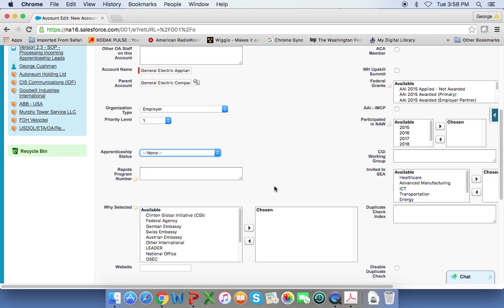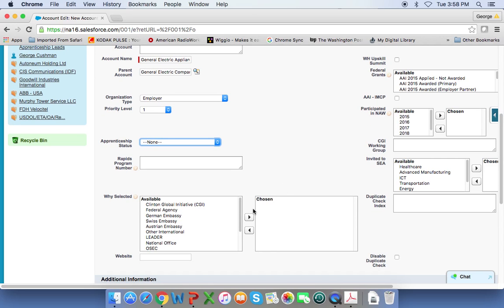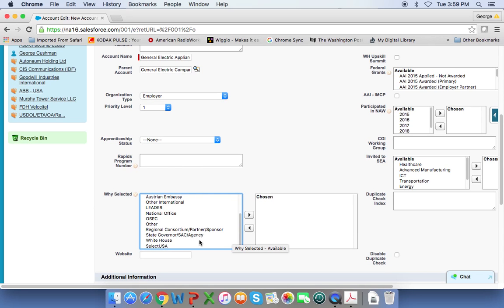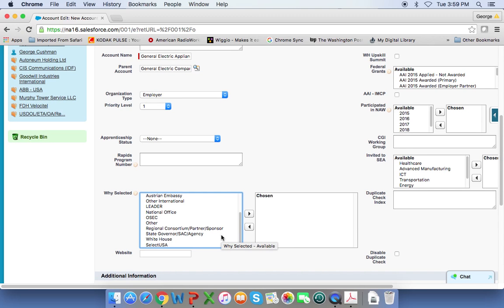Rapids program number, we don't have at this point. Why selected? This is, for instance, if it's a German, Swiss, or Austrian company, if it's a federal agency, if it came in through some of those doors through the White House, we want to capture that. In this case, none of those apply, so I'm not going to pick. You can pick more than one if there's more than one reason why we need to track these in one of these categories. The website,